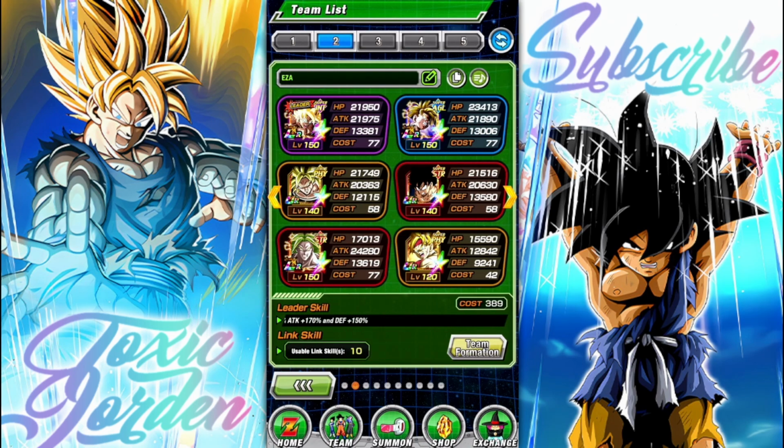So here's an example of that Legendary Existence Super Saiyan team. This is a pretty powerful build as well. Yeah, you could probably turn this into an all LR build if you wanted to. Actually, I don't know, because you are somewhat limited. Yeah, no. I think you do have to use some of these TURs here,